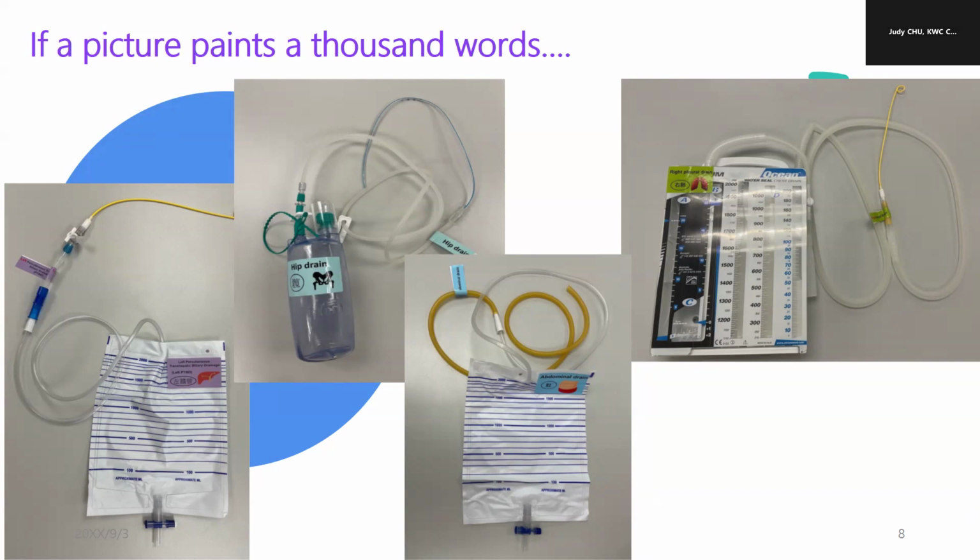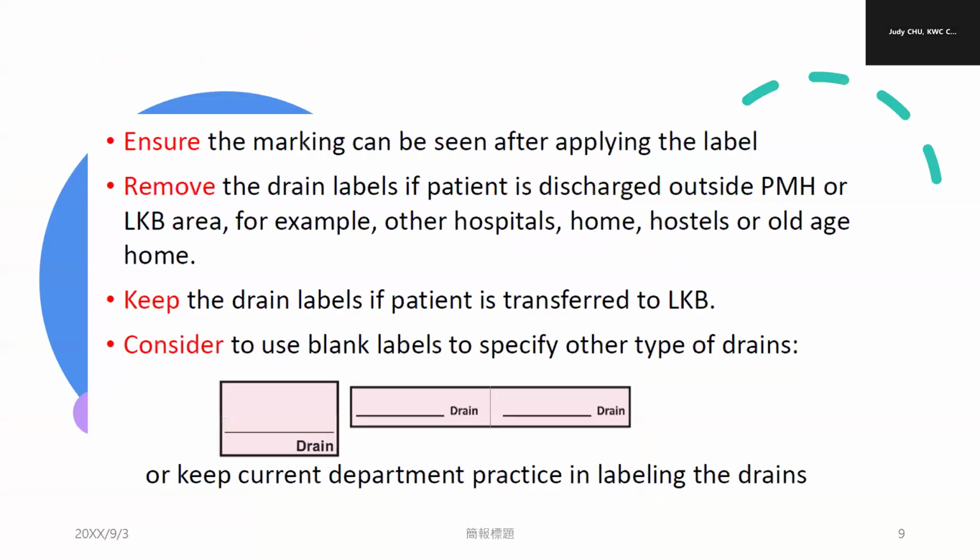While in terms of drain shifting and removal, interns and nurses could identify the drains starting from the tubings to the drainage bags, so they could identify the drain precisely and prevent wrong laterality or wrong site removal. We need to ensure the marking of the drain label could be easily seen, and if the patient is